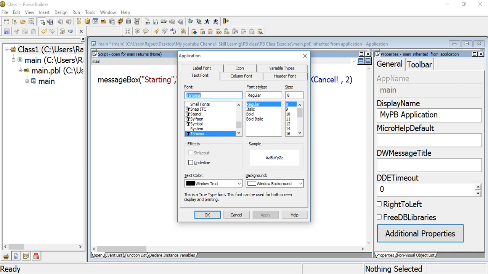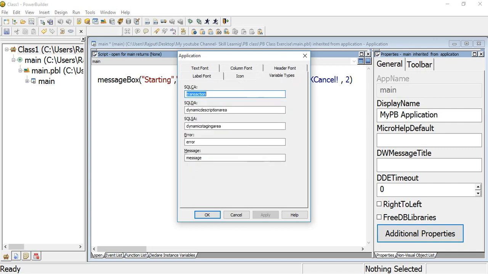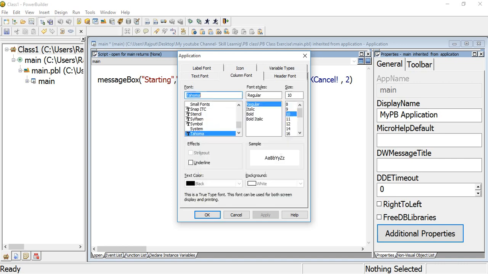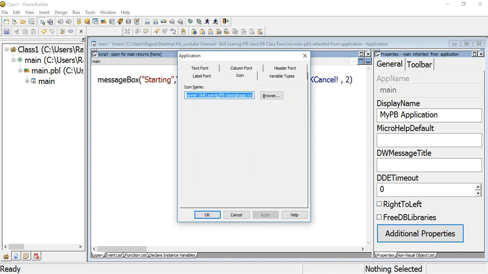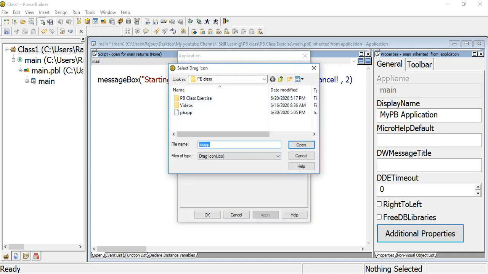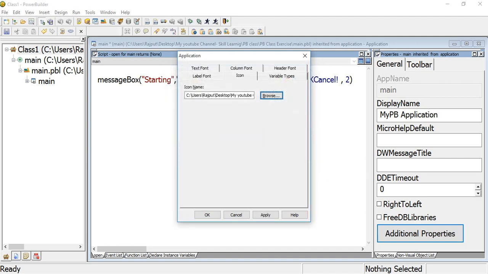The default setting you can set here. Column font, header font, variable type, that is already discussed. Label icon, that is where I give one icon of a file.